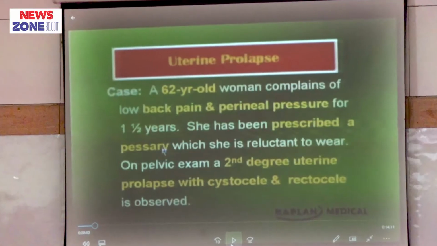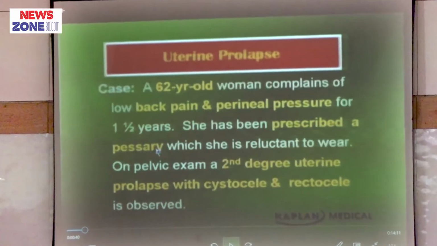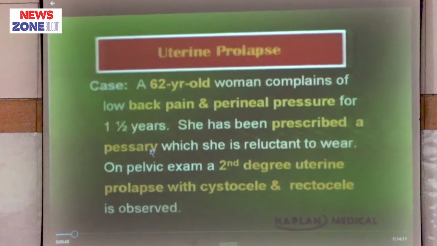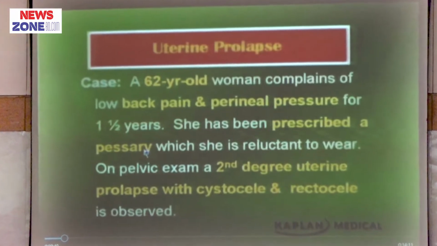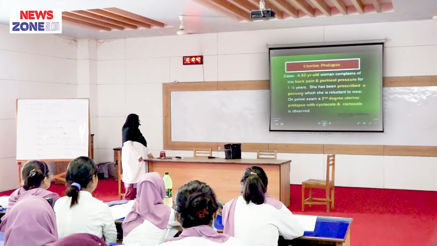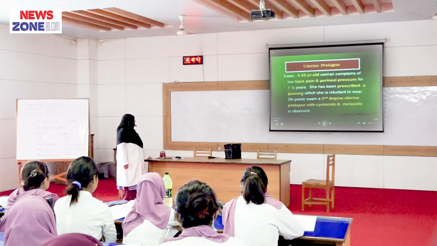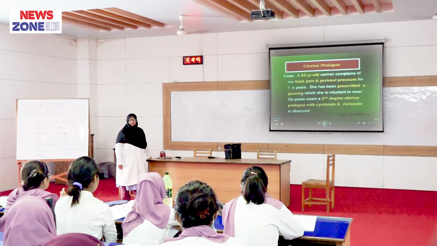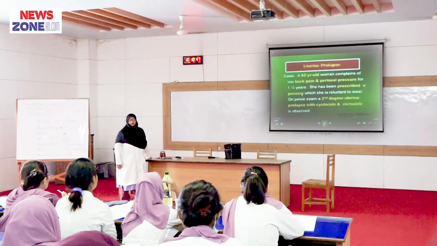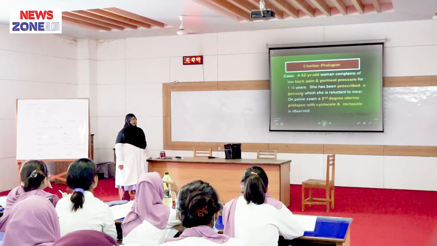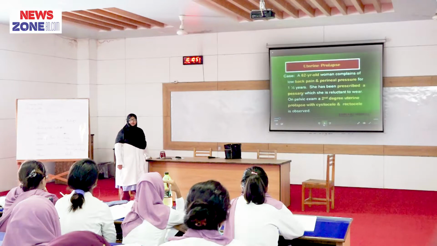On pelvic examination, second degree uterine prolapse with cystocoele and rectocoele is observed. So from this, 62 years means postmenopausal. If the menstrual cycle has stopped, then what is the problem? There is estrogen